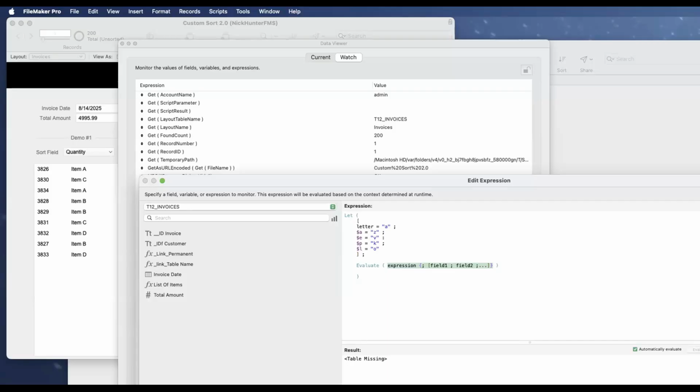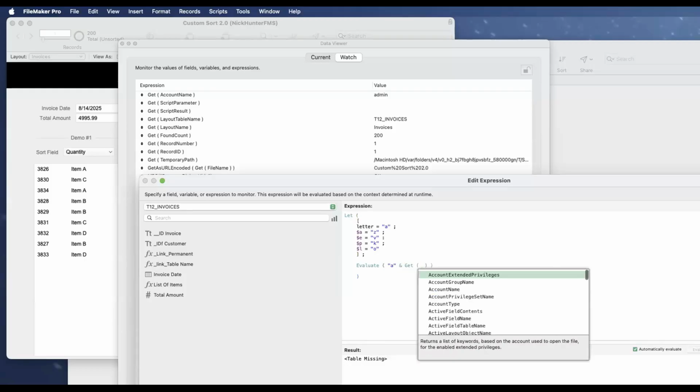So I'm going to evaluate. For example, if I say evaluate A, and get current date